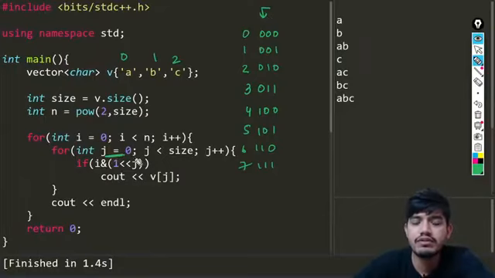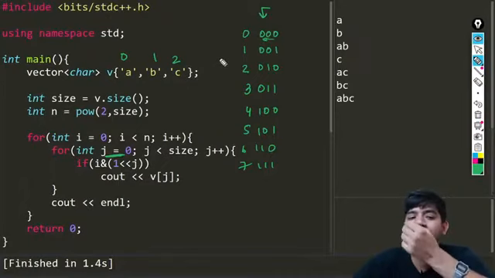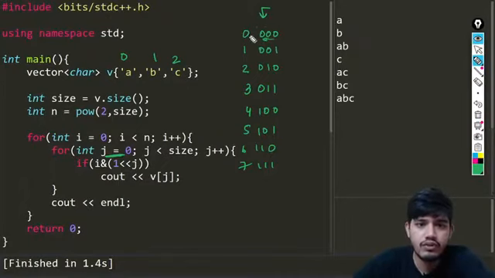So this j is going to start from 0, from this left, and I'm going to check how many set bits there are. You can see we are going to search up to 3, so it will run this loop 3 times: 0, 1, 2. That much time it is going to run, and I'm going to check each and every bit. In this case you can see we don't get any match. We don't get any set bit. So in that case I'll just print nothing, null or empty. I'm not going to print anything there.